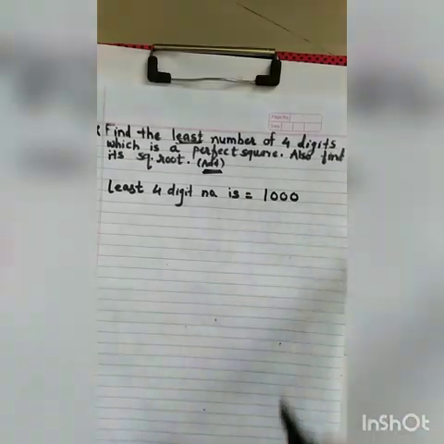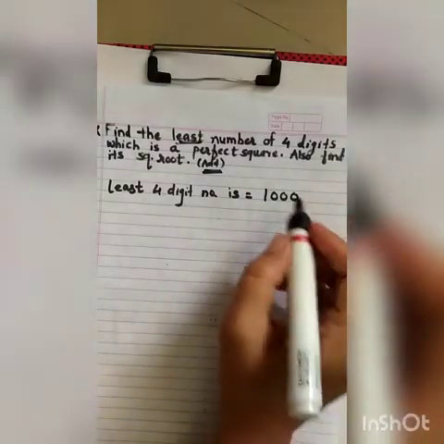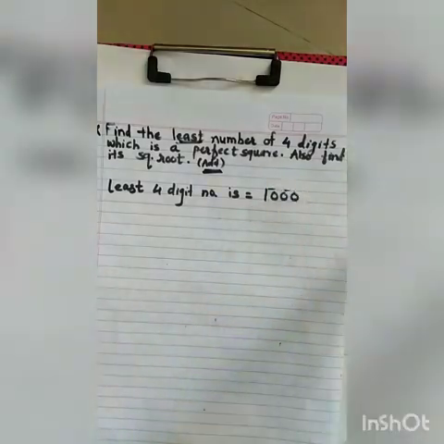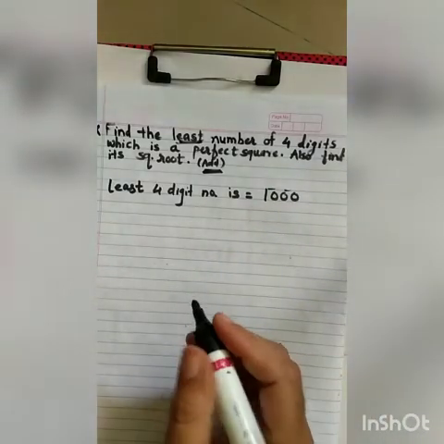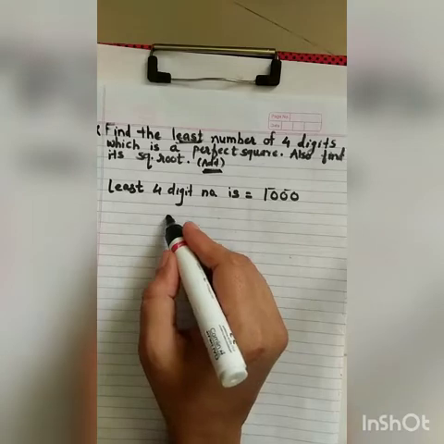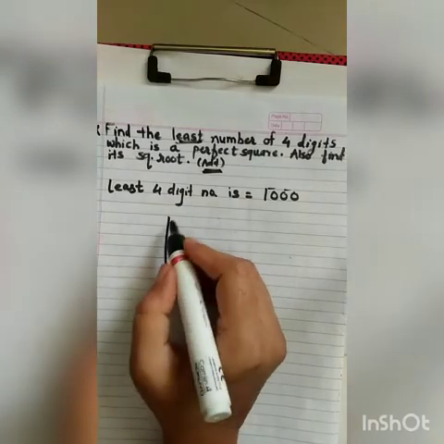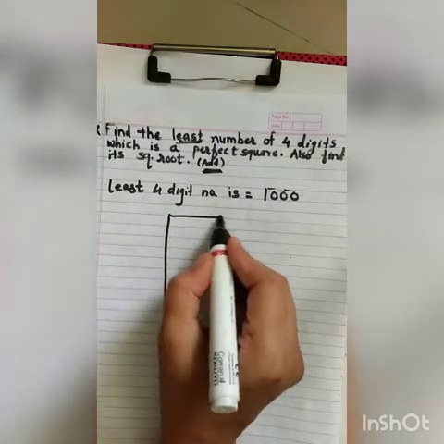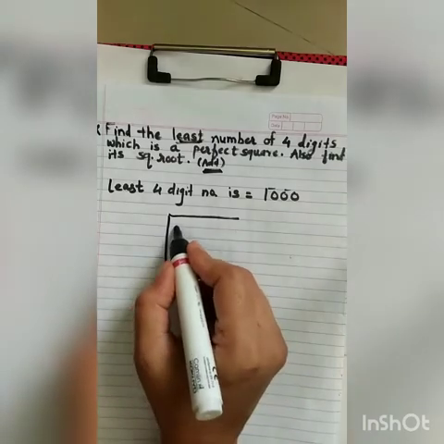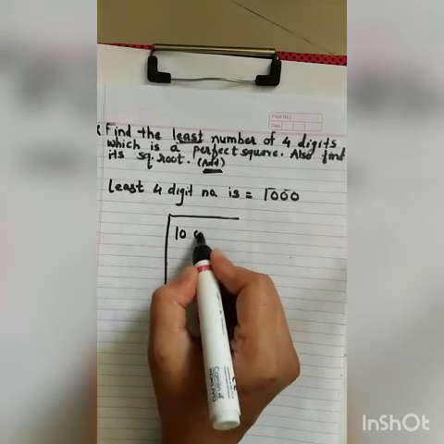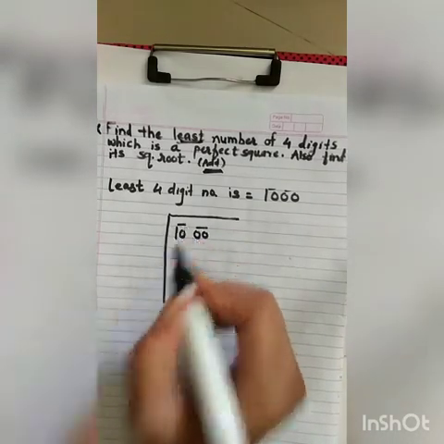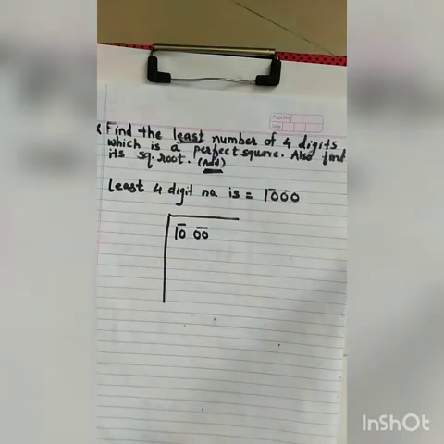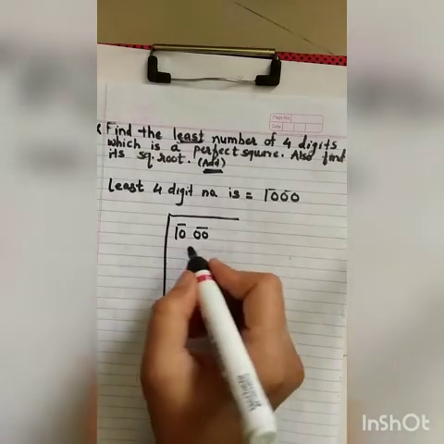1000. Now again we have to make the pairs according to the period from the unit place onward, and we will go with the long division method. As I told you, for addition and subtraction you cannot go by any other method. We will always go by the long division method, and for multiplication and division you will go by prime factorization. So always keep this in your mind.